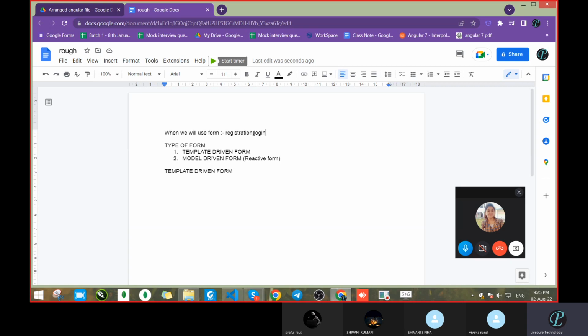So there are two types of form available in Angular. That is a template driven form and second is the model driven form. But what is the difference in both? We will see that one by one. So first we will go with the template driven form. In template driven form, actually, we use it when there is a requirement of a small task. So write down in the template driven form,